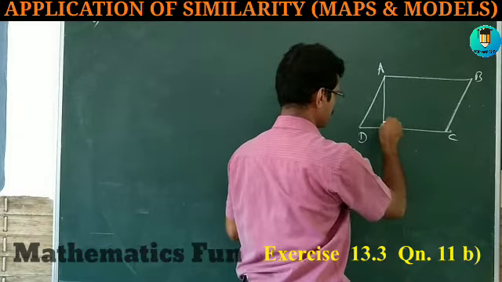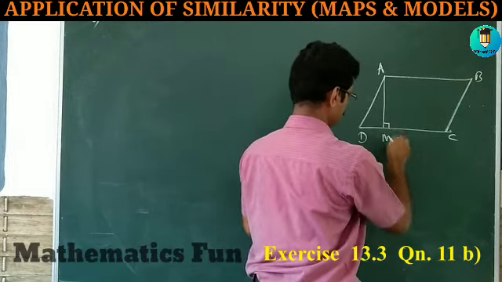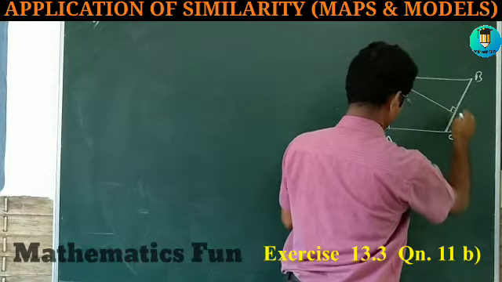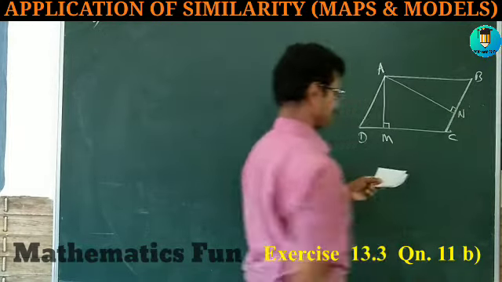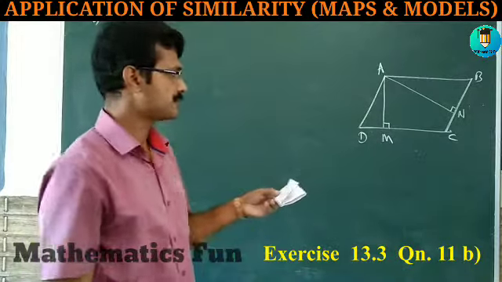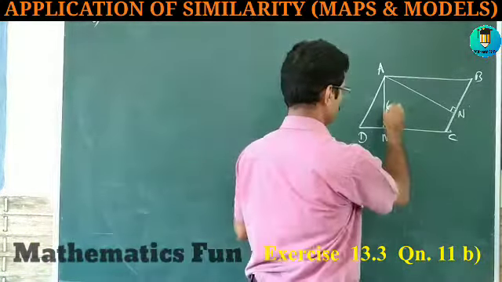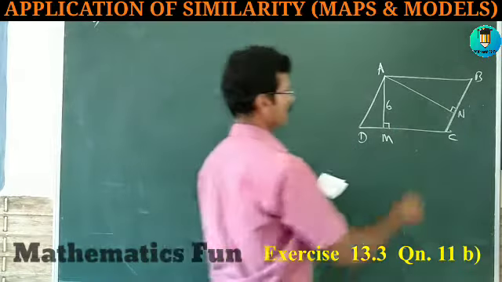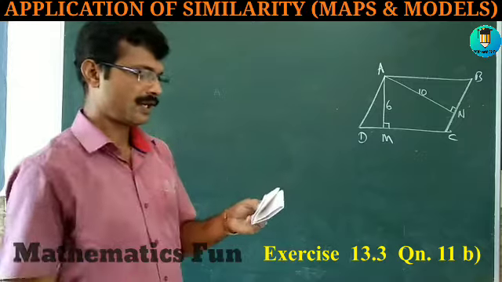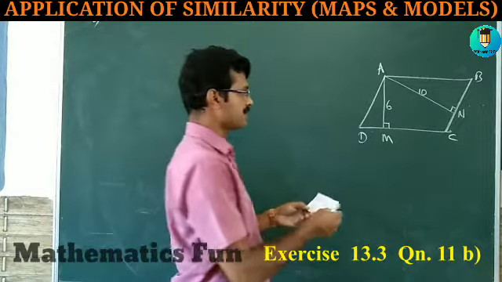Here one height is given, that is AM, and here also one height, that is AN. There are two perpendiculars given. It's given AM is equal to 6 cm and AN is equal to 10 cm. We have the area of parallelogram